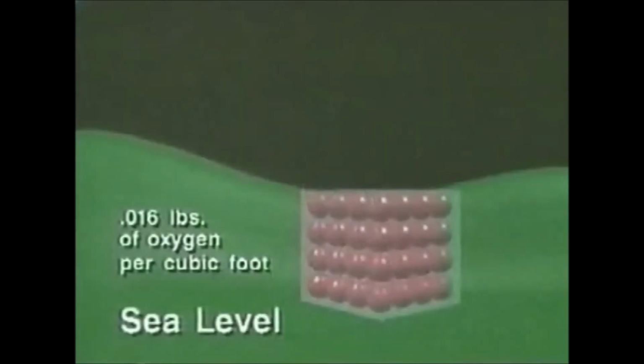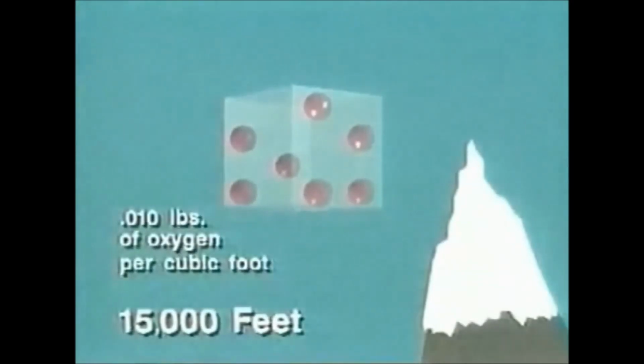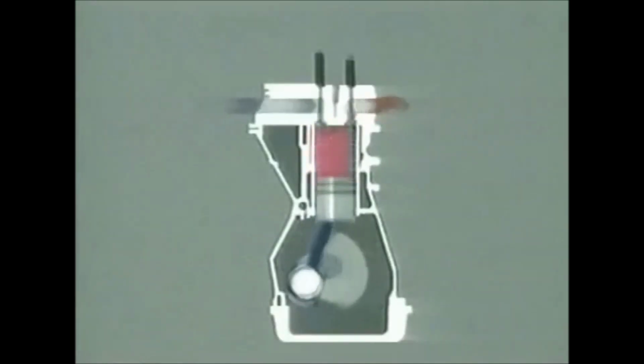At sea level, there are 0.016 pounds of oxygen per cubic foot. At higher altitudes, the air is thinner, so there is less oxygen available. For example, at 5,000 feet, there are 0.013 pounds per cubic foot, and at 15,000 feet, there are only 0.01 pounds of oxygen per cubic foot. So as altitude increases, it becomes more difficult for an engine to obtain the mass of oxygen it needs to